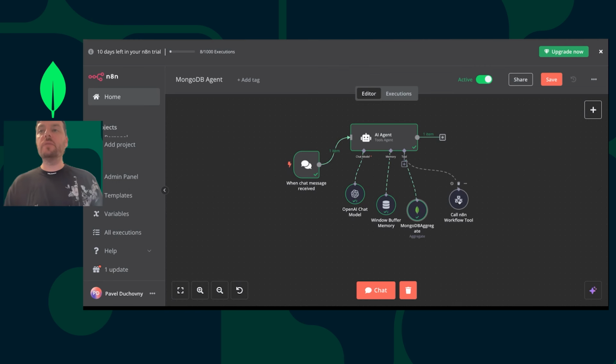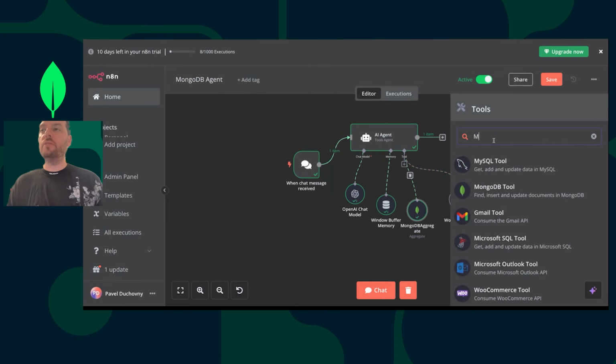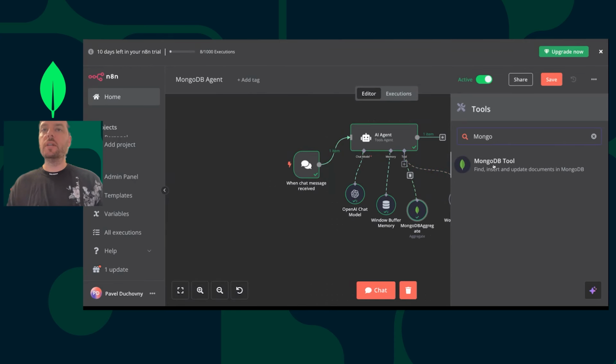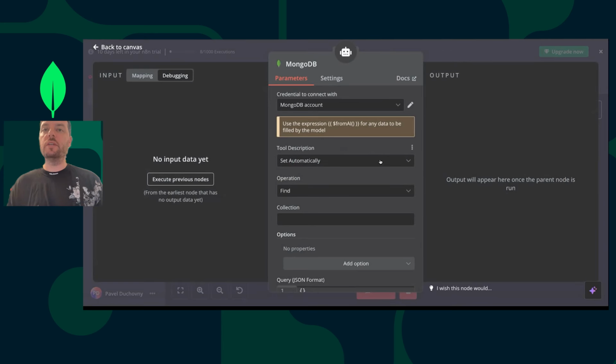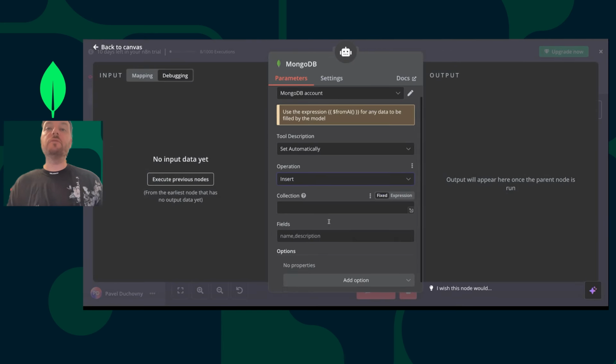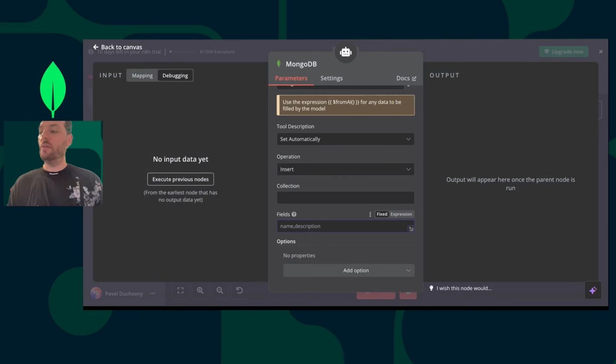What I've ended up doing, because my main problem here was a little bit of a hazard: if I'm going to use a MongoDB tool that is doing an insert, I need to specify the field names, right? So I can specify a field name dynamically, but